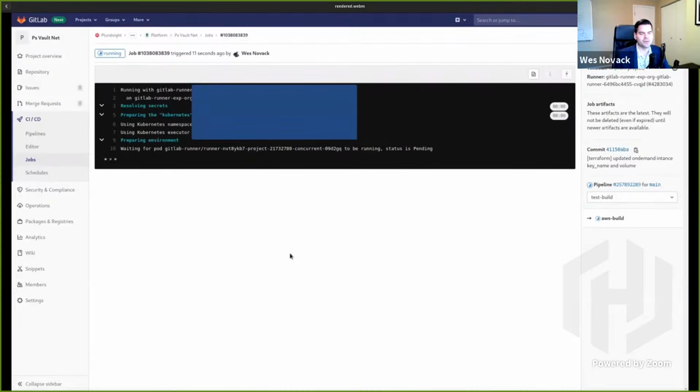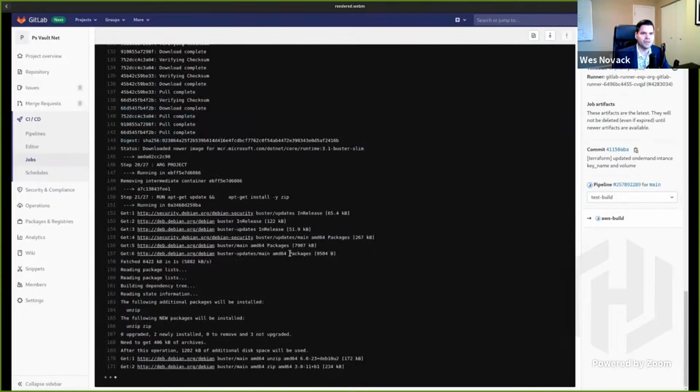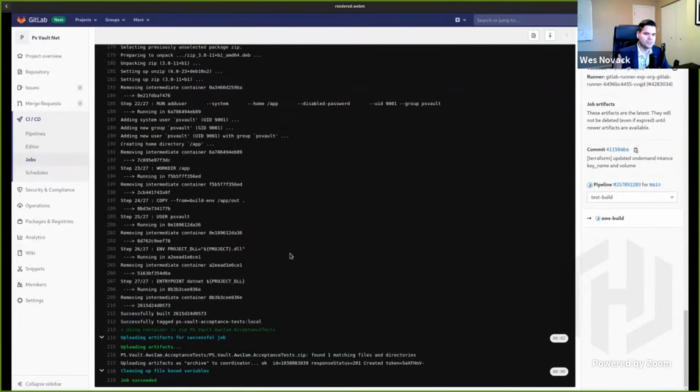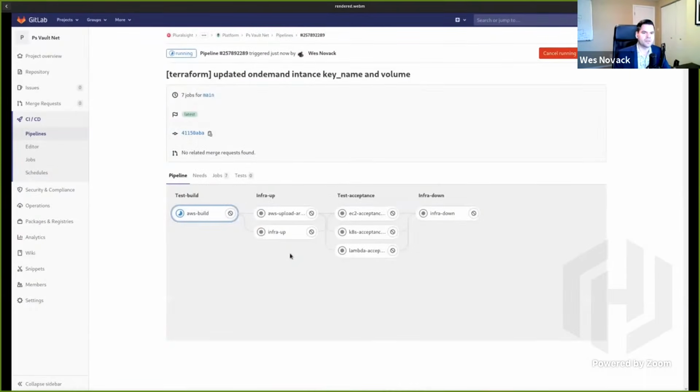So that's what we're seeing here, where there's this initial process of getting that GitLab runner prepared for executing all of the logic inside of your job. So we can see here, this job produced an artifact, it uploaded an artifact, and then that job succeeded. We actually run our GitLab runners on Kubernetes infrastructure inside of our private networks in AWS. So that job succeeded.